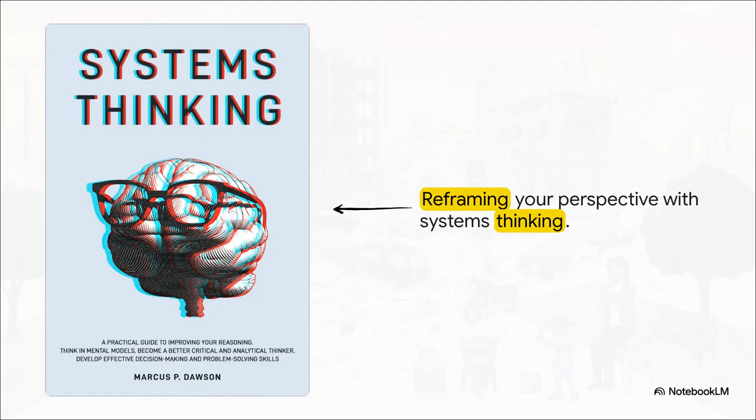You know, what's really cool is how this new mindset is visualized. Notice the brain wearing those 3D glasses. We are effectively swapping out our regular eyes for systems glasses. As Dawson points out, we're reframing our perspective. We aren't just looking at a broken machine anymore, we're looking at a damaged system. We are becoming totally cognizant of how all these little cogs work together, or, in our case, fail to work together, to build the bigger picture.